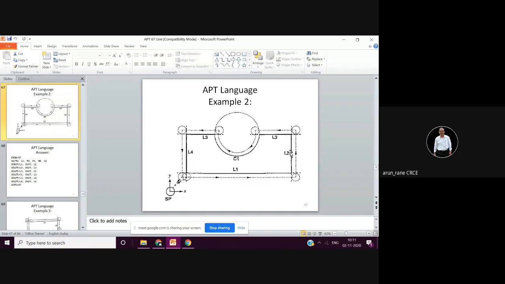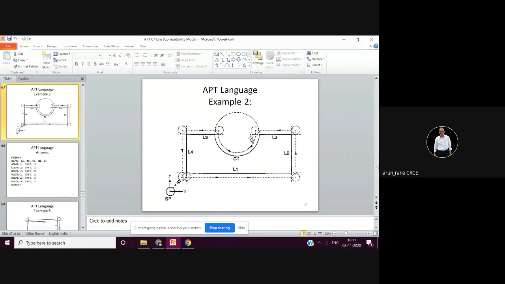This is line L2. The next is go left of L2 and past L3. So go left L2. Here you are passing the line L3, going beyond L3.